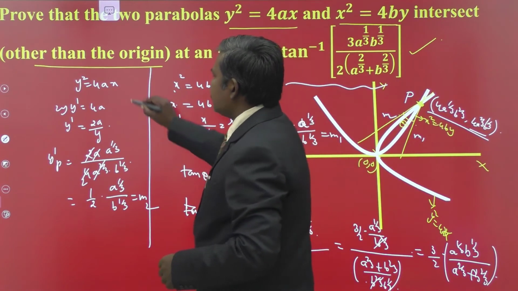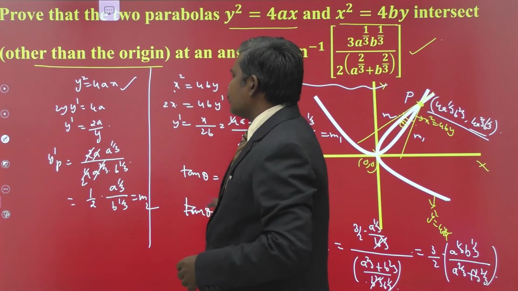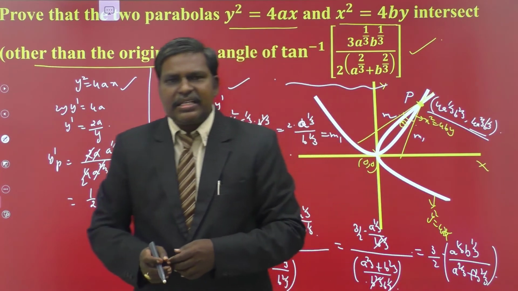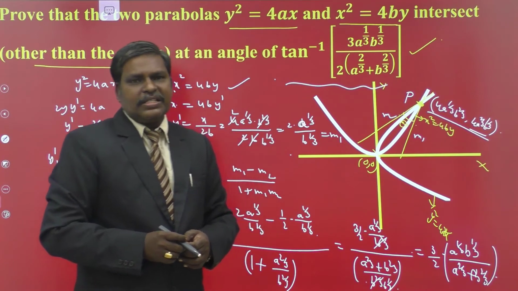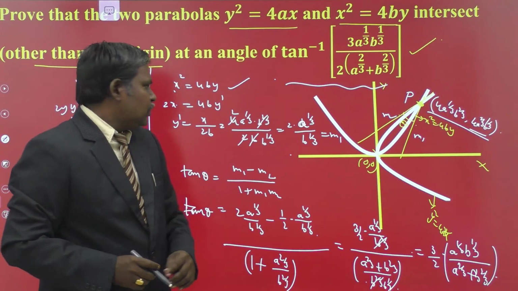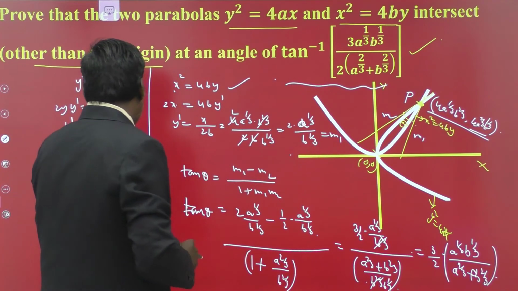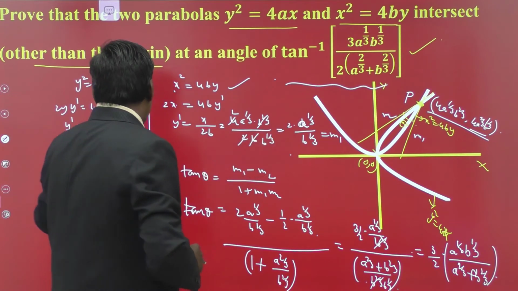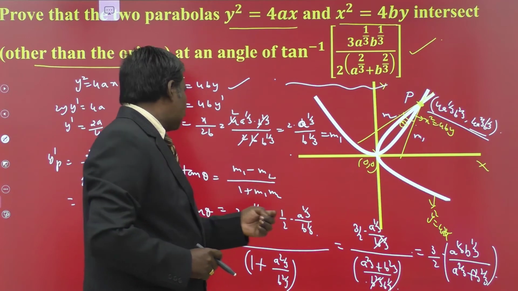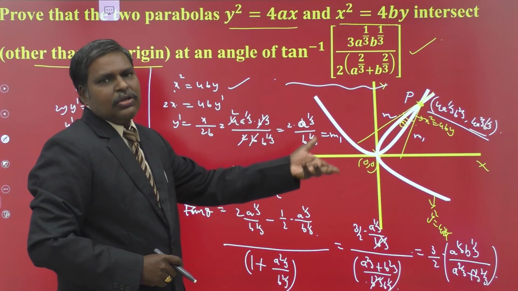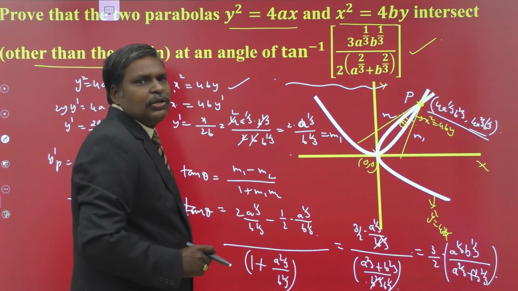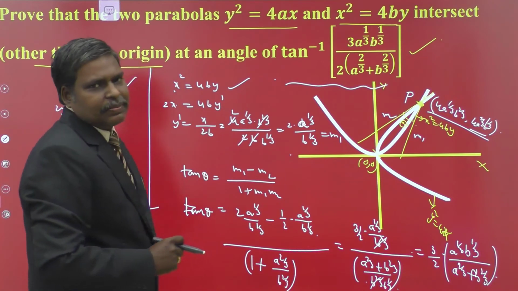After getting the point of intersection, differentiate the two curves and find the slope at these points. And once you have m1 and m2, then take tan theta as mod of m1 minus m2 by 1 plus m1 m2 if you want the acute angle, or without taking the modulus you can find theta. So that is why I am taking this one as m1, this one as m2. This coefficient is 2 here, its coefficient is 1 by 2. Directly to get the acute angle, I am writing in this manner. So if you take m2 minus m1 also, if you take the modulus, that will arise. So in this manner we can find the angle between the two curves as tan inverse of that much. Okay.